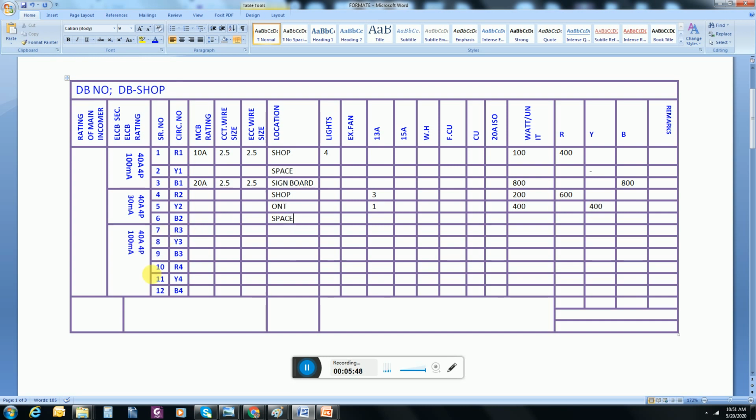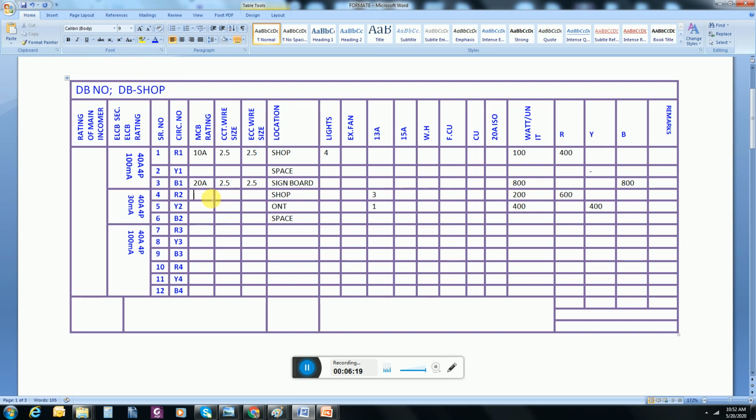Next section is for AC. The ELCB rating for AC and for lights will be the same. The ELCB rating is different for the power socket section. As you can watch, the ELCB rating is 40 ampere, 4 pole, 30 milliampere. Memorize these values so that you can design accurately.